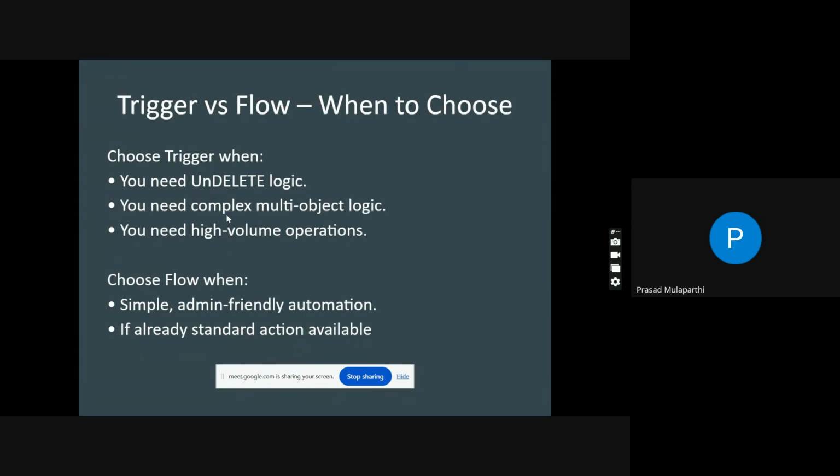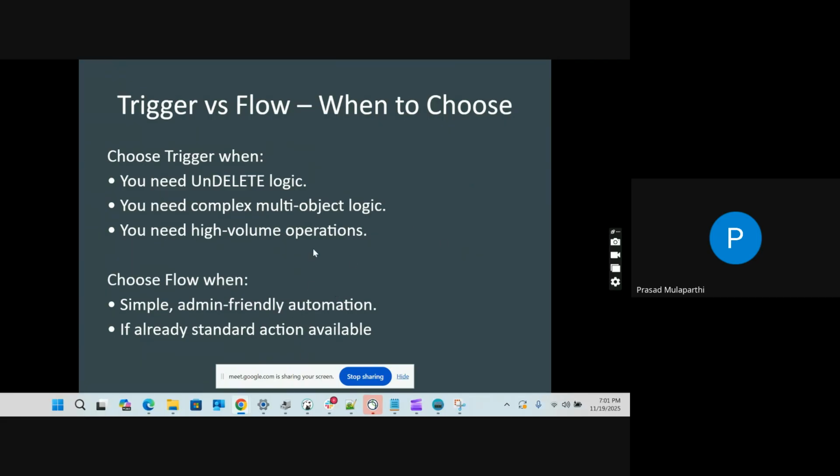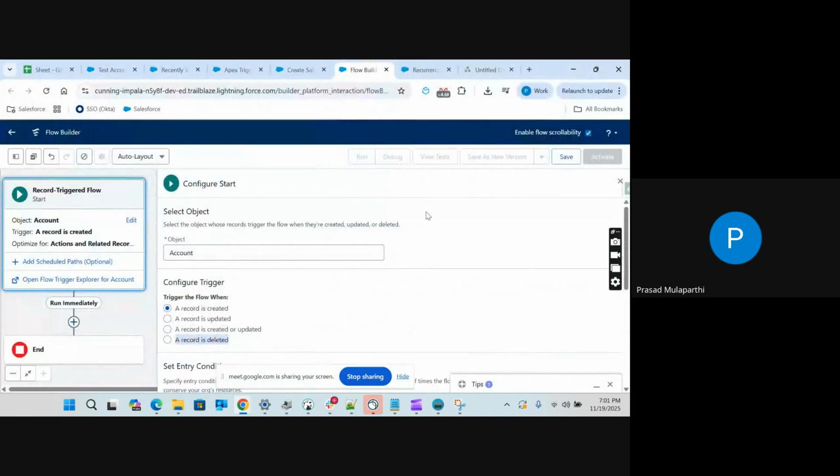And if you want to perform complex multi-object logic or any high value operation, for all those cases, we should choose triggers. We'll choose flows only when we want to perform simple and friendly automation. And if an action is already available inside flow, then we should directly choose flow itself. For example,